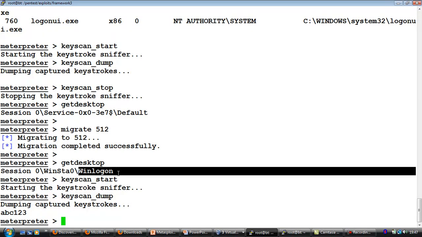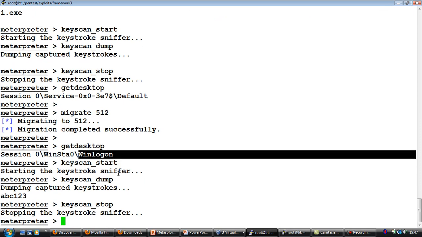Now this is something which is very, very important. Always remember that especially when you want to go ahead and do interesting things on the UI, you need to migrate to a process or have some way to go ahead and access the active desktop on which you want to run your programs, right? So let me show you one interesting program here, and that is called